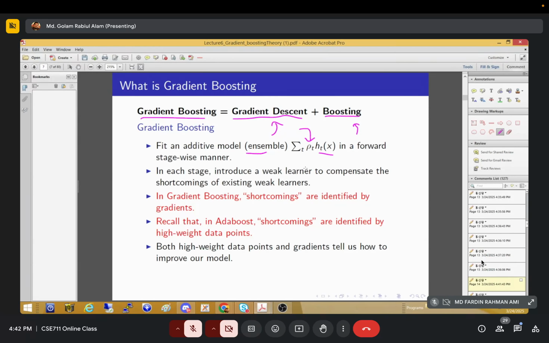Usually, sometimes we need the weight. Like in AdaBoost, we have already calculated the alpha. Alpha is the weight of the vote of each and every weak classifier. Here rho is the same kind of thing, the weight of the vote. Okay. Here, in each stage, we introduce a weak learner and compensate the shortcomings of the existing weak learner, as I already